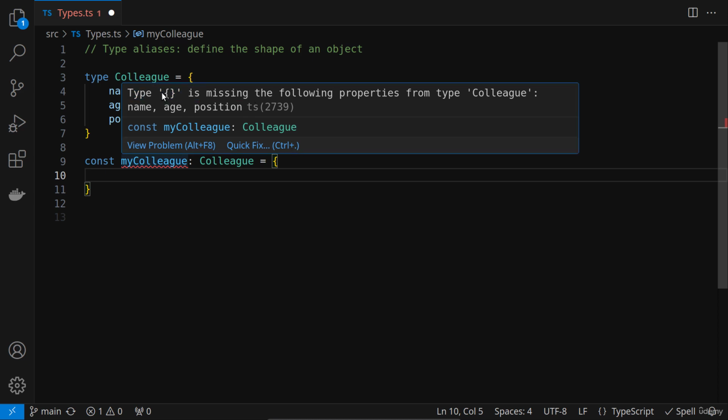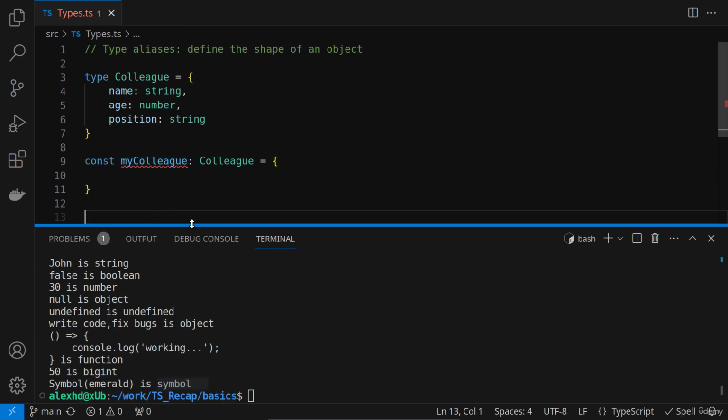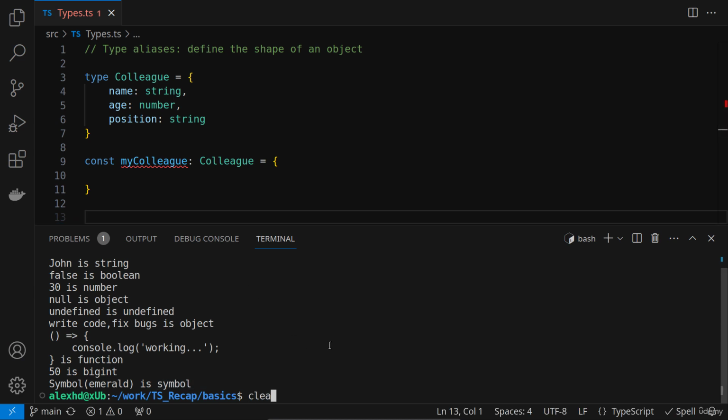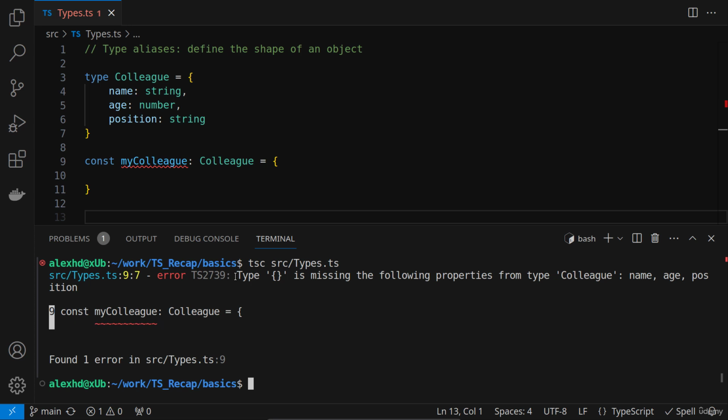You will see that this type, currently an empty object, requires these properties: name, age, and position. And I will see this compilation error when I try to execute or compile this code. If, for example, I try to compile this code right now, so here I'll say tsc, and I will put it in src and these types, I will get a compilation error, the same compilation error that is highlighted